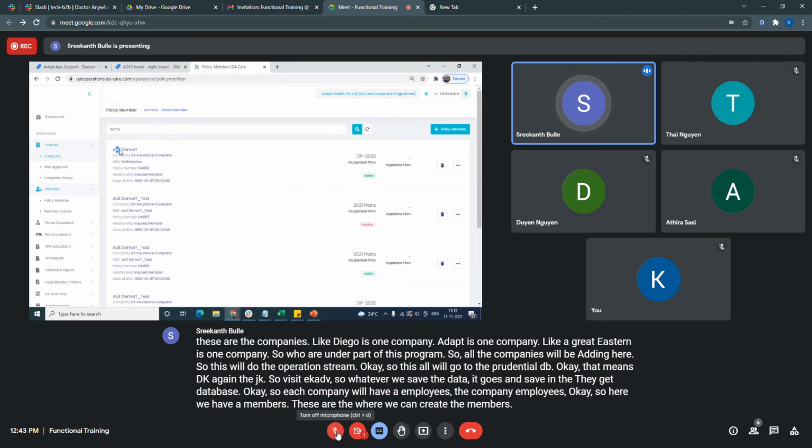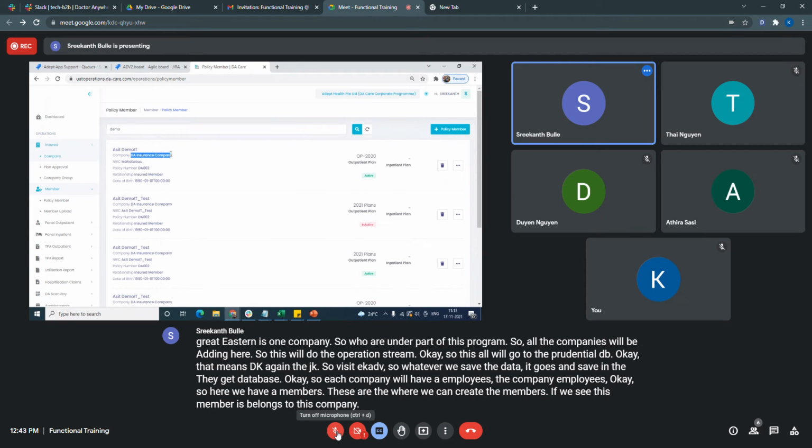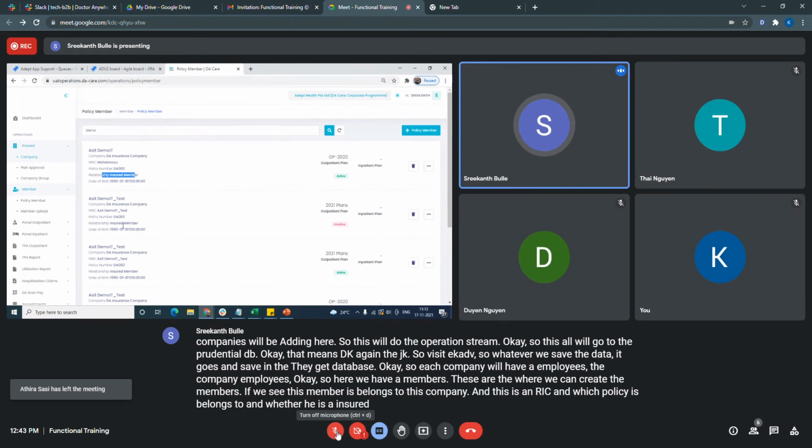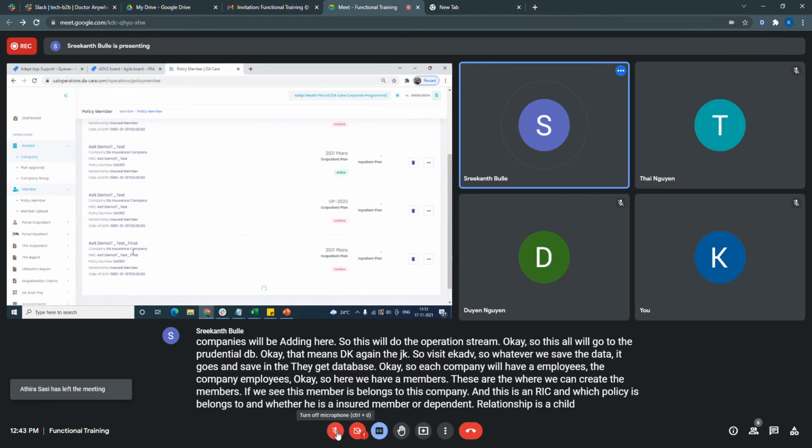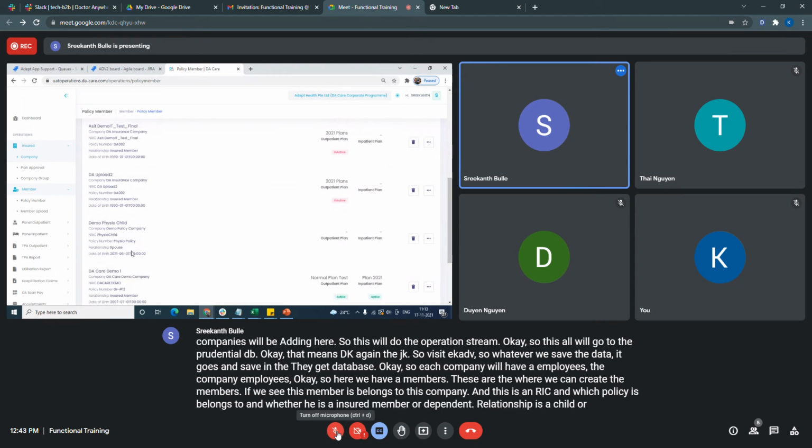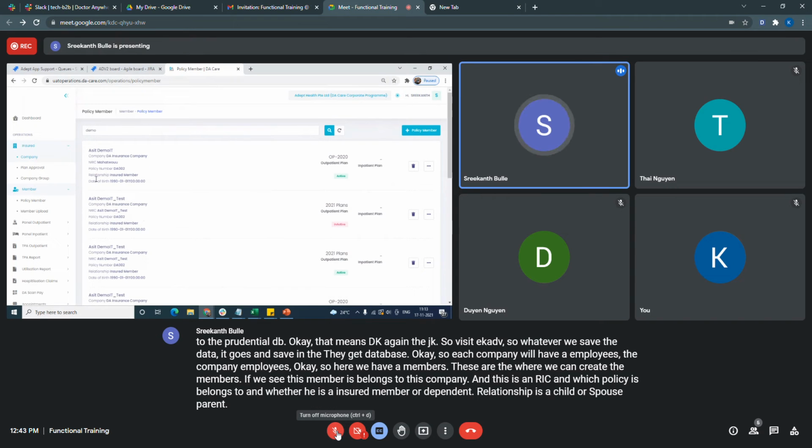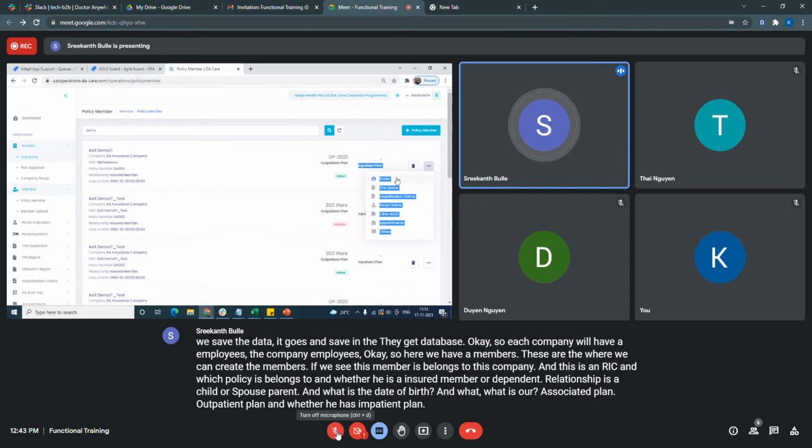We can see which company this member belongs to, his NRIC, which policy he belongs to, whether he is an insured member or dependent, the relationship, whether child, spouse or parent, the date of birth, the associated outpatient plan, and whether he has an inpatient plan. And this is member-centric.